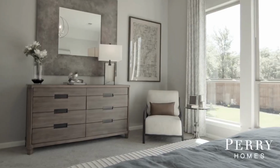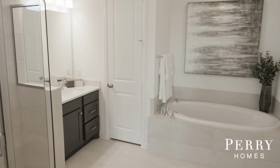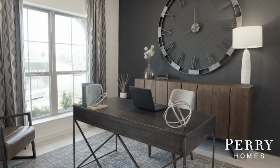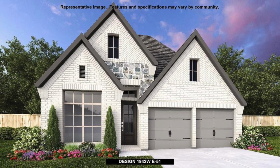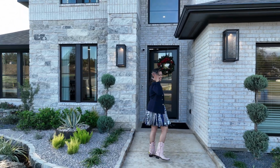You can also think about doing a resale, but not that many, because this is a brand new community, so there might be very few resale homes you can get into. Another thing you want to consider is the inventory homes that they have. Those homes will be at a great price point because the builder wants to sell them as soon as possible. So if you're looking for a deal on a house, let's connect, let me know,